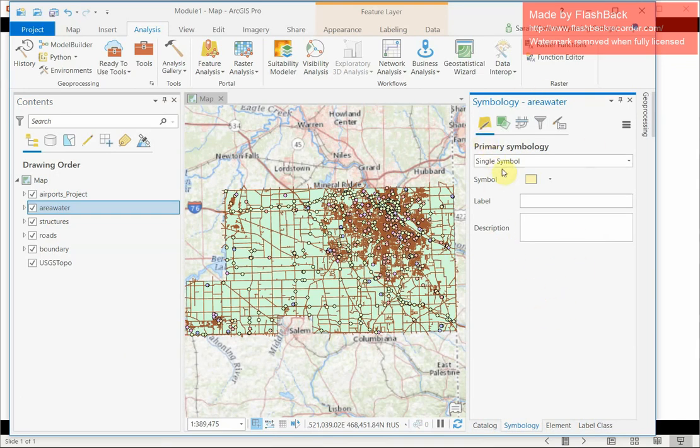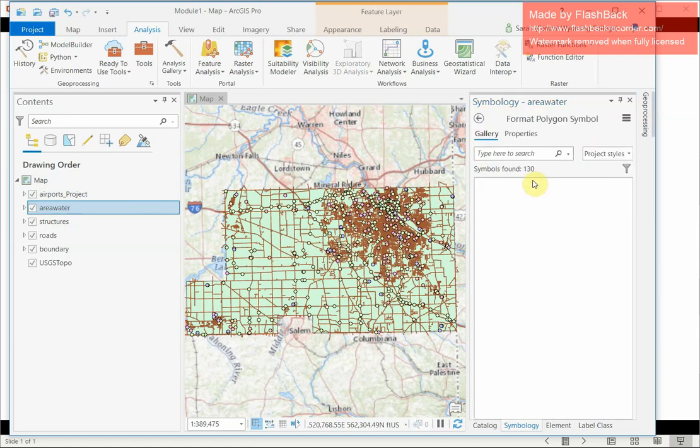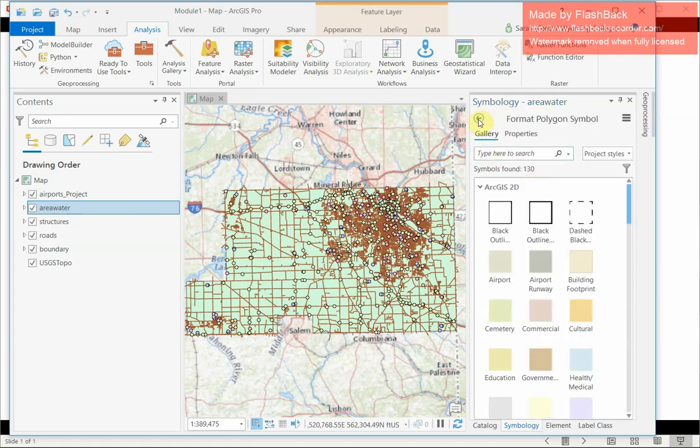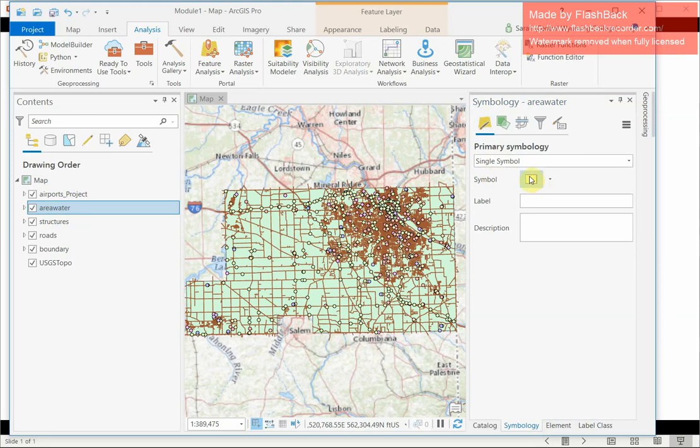So under this, we're looking at water. The water is just so you know that everything comes as a default. Nothing is permanent, and everything is like a random color assigned every time you open it in ArcPro and in ArcMap. So the symbol for water is yellow, which is not great. So if you click on that yellow box next to symbol, or just that box, it could be any color,